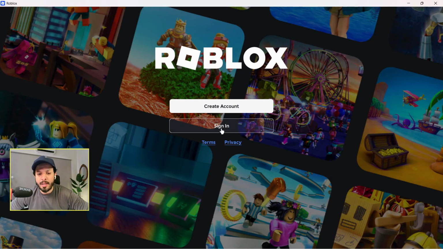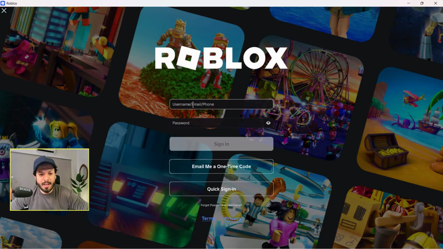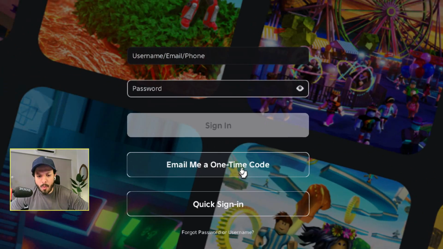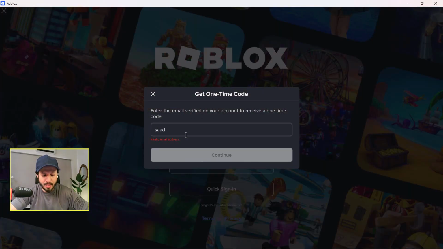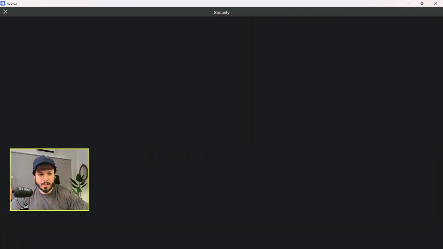So what you do is simply click on the sign in screen, and here you've got the option of username and password, right? But we don't remember the password. So what we do instead is email me a one-time code. We'll use that. So click on that and we simply mention our email address. We click continue